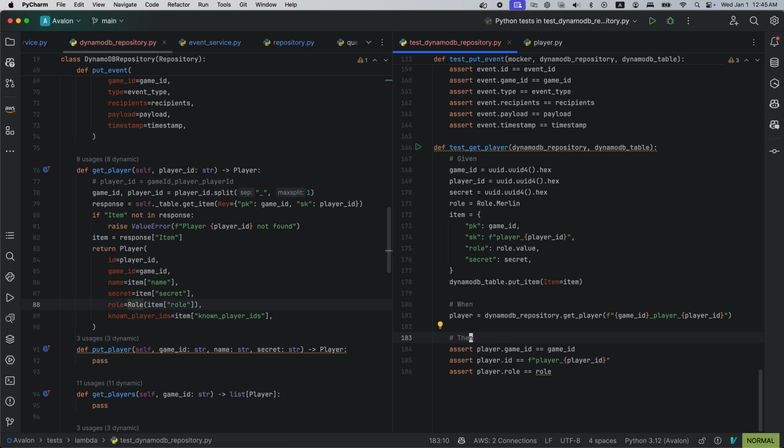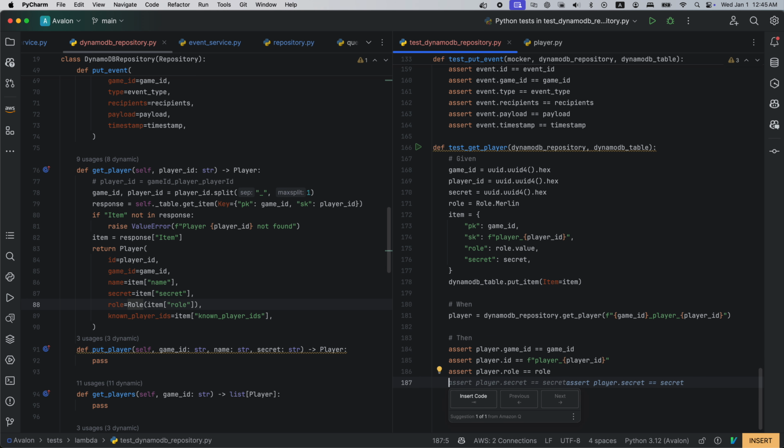Equals to row. Yes. And secret equals to secret. Assert player dot non-player IDs.